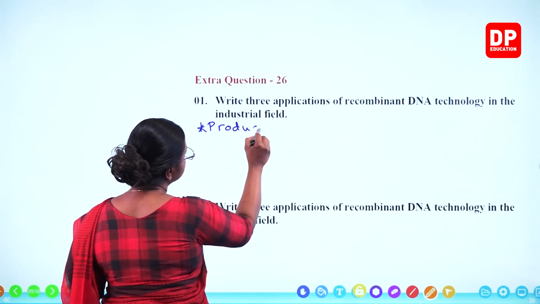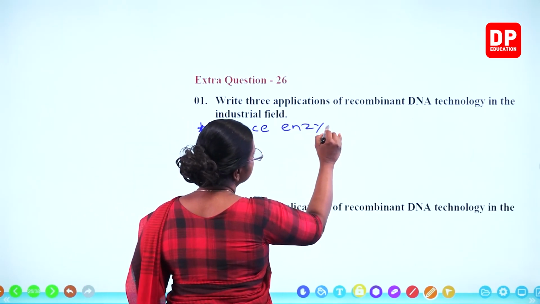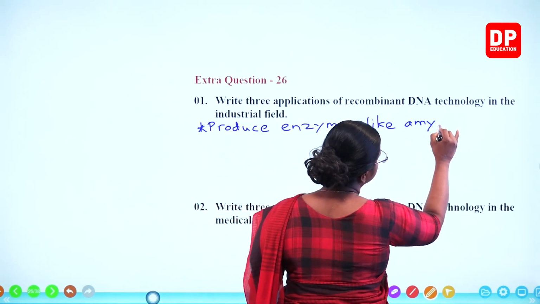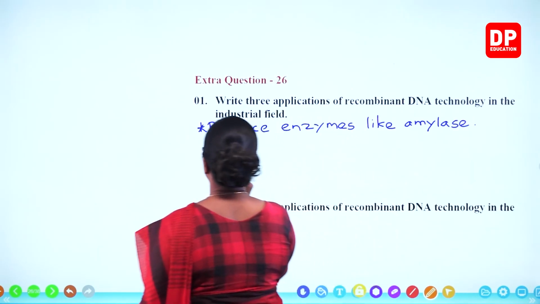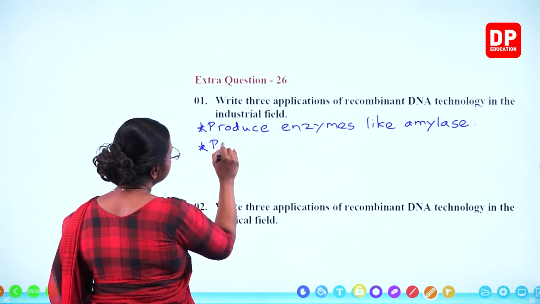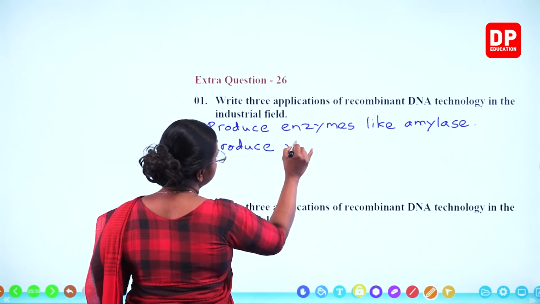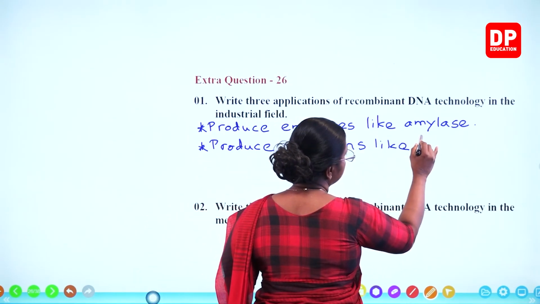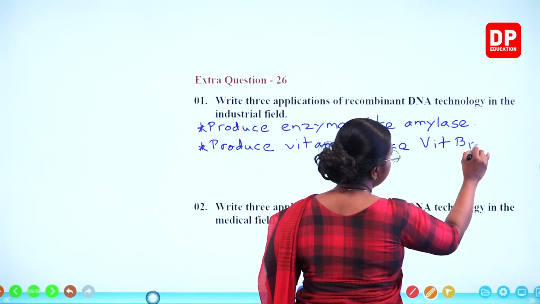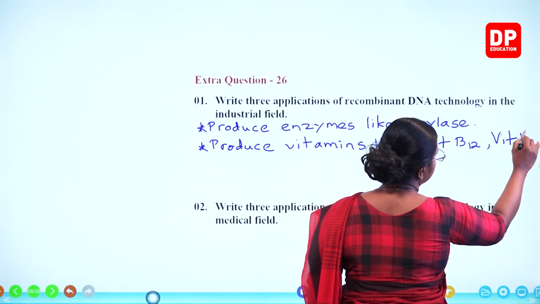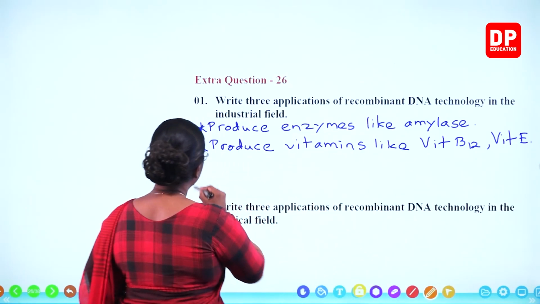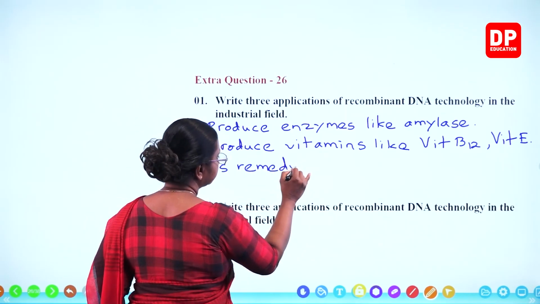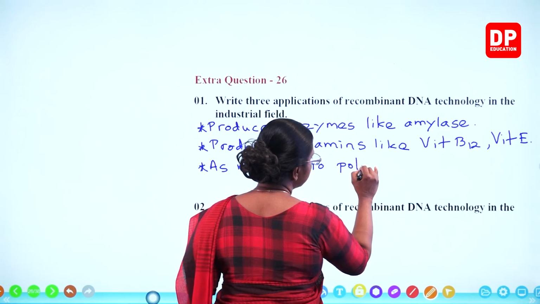produce enzymes like amylase. Then produce, I'll say, vitamins like vitamin B12 and vitamin E. So those are examples. Then as remedy to pollution